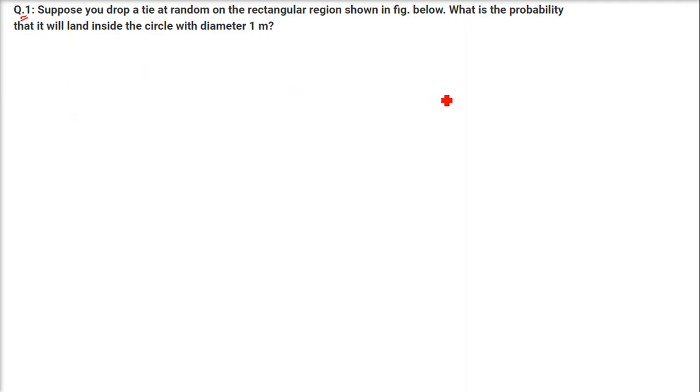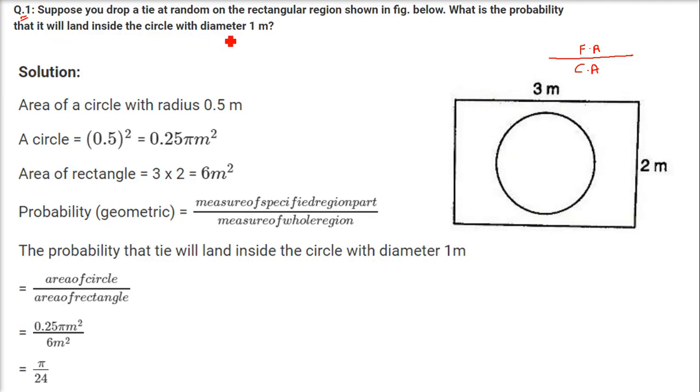Here, the probability is geometrical probability. So geometrical probability, the idea is we take the complete area, and the favorable area, or the area of importance, and we divide them and then we get the geometrical probability. For example, here in this problem we have to drop something, let it be a tie or something else,